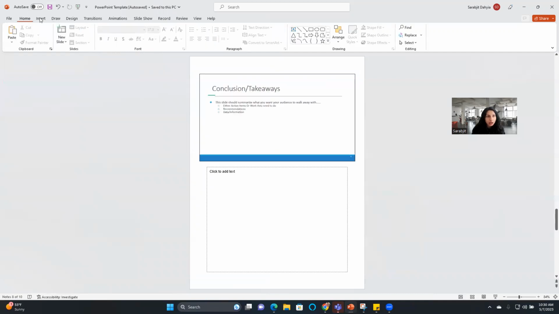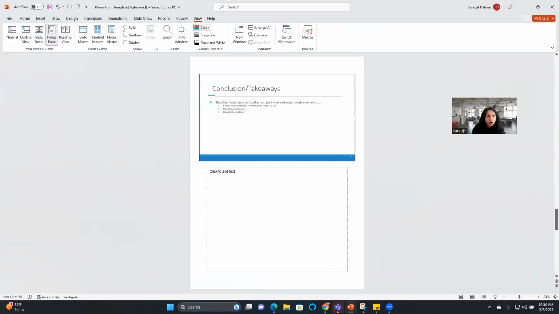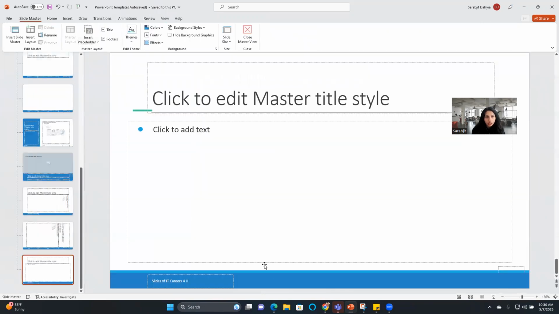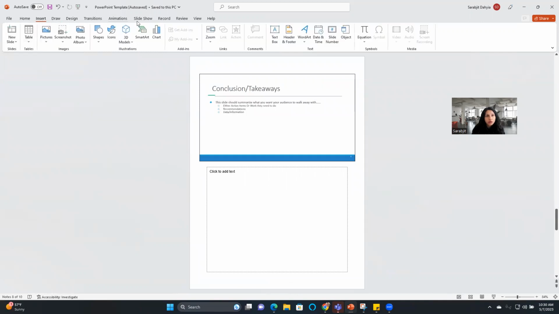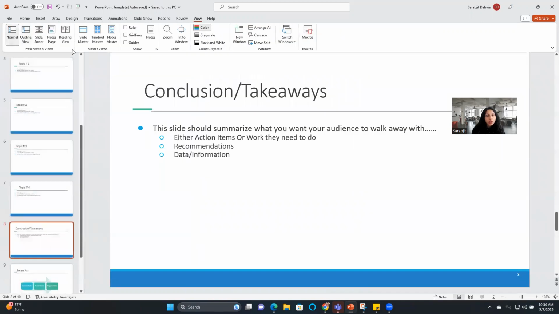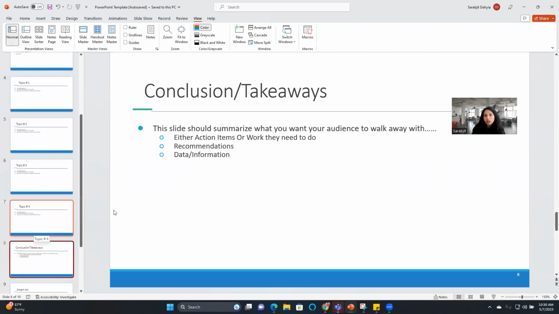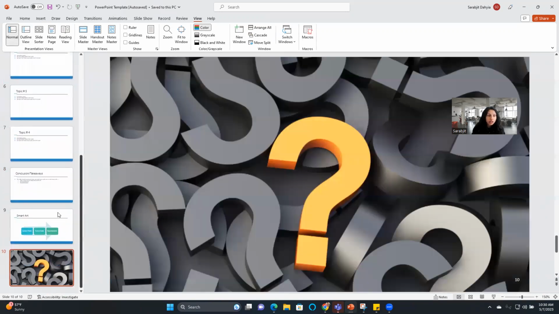But let me go back and see why my footer is still not showing up. Oh, there it is. So it's showing up here. Okay. So now let's go back. Some of the other things I wanted to show you guys, View, Normal. Some of the other things I wanted to show you guys, in addition to the colors and fonts, is